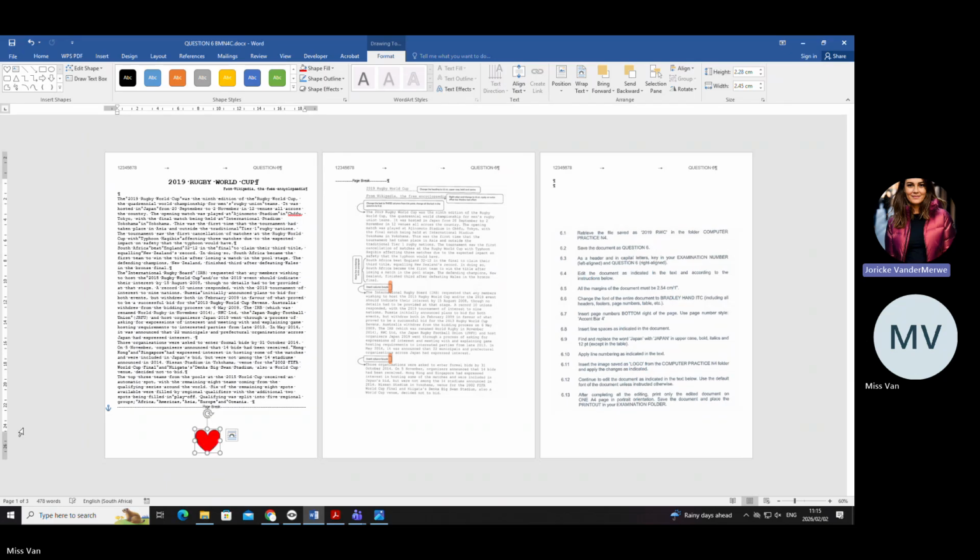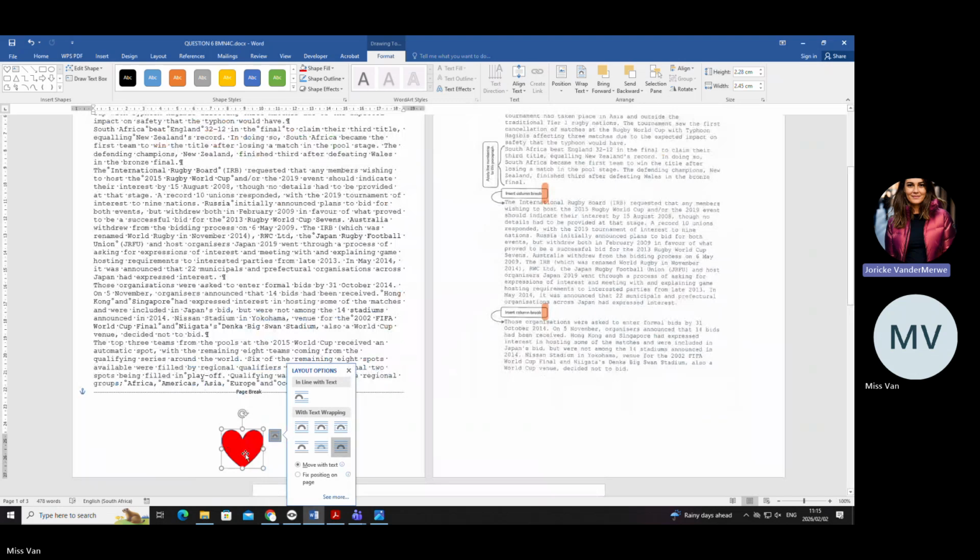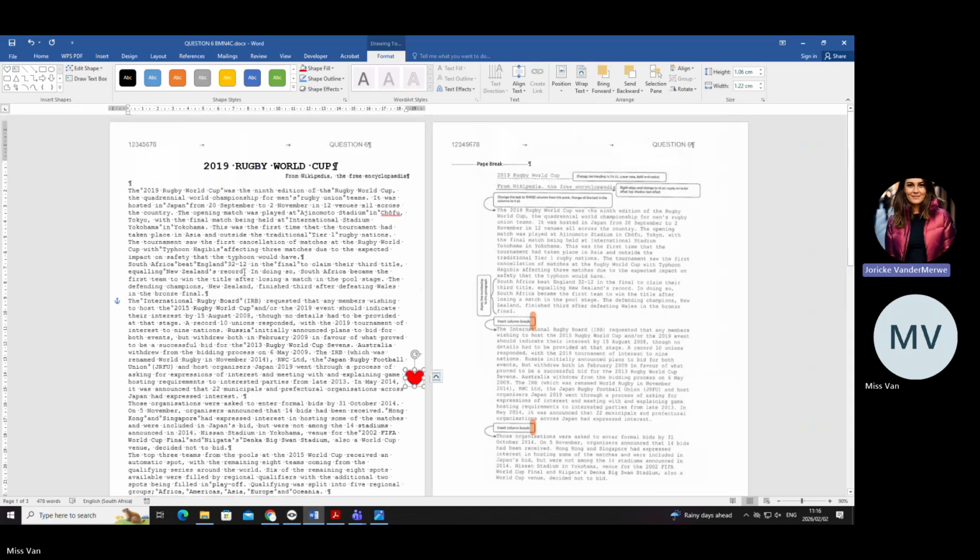Then can you see here at the bottom, there's another gray area here. That is the bottom margin. Now look at the ruler here at the top. Can you see there's a little gray area here? So if I take my little heart and make it a bit smaller, this is also a margin to the left. What will this be? The margin to the... Okay, so are you all clear on what margins represent? If I wake you up this morning at 3 o'clock, you're going to tell me where to go, ne? Where do I go?